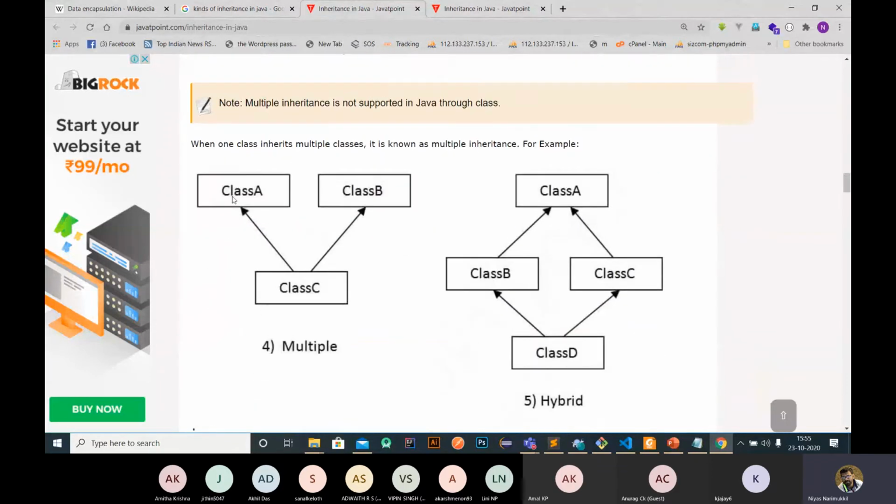And another one is multiple inheritance, and multiple inheritance is not supported by Java. Multiple inheritance means a class can inherit from two classes. Okay, this class C inherits properties from class A and also from class B. It is not permitted in Java.